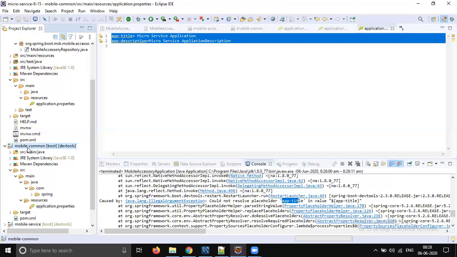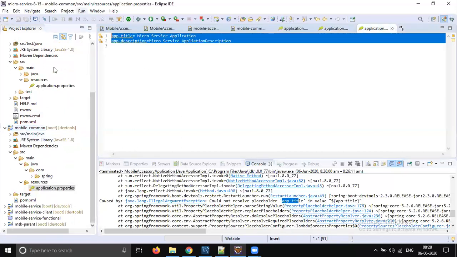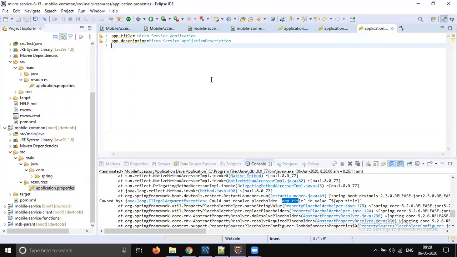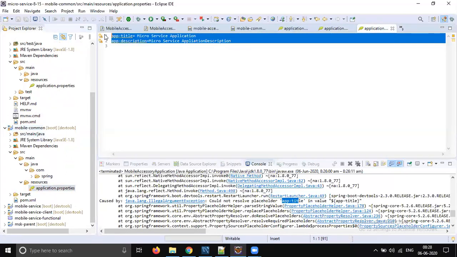We should not force any dependence, right? So if your application is not going to have these two parameters, that's fine. There is a default support going to be given. So it loads the mobile common application.properties file, and it shows this default name.